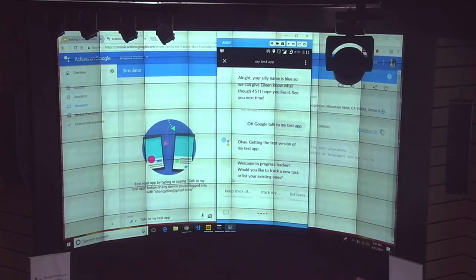So you can see here that I have a few options for you to choose from. This is called suggestion chips. In case the user doesn't know how to say it or panics suddenly, you can of course say keep track of, or track my, or list tasks. So in this case, I'm just going to create